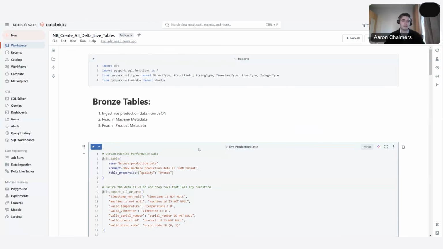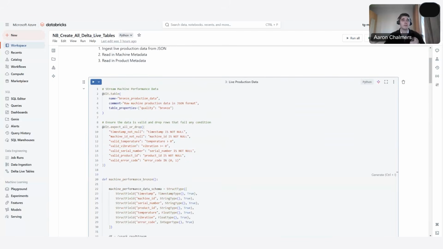Delta Live tables are created using the same normal Databricks interface. And here we have a notebook which I've used to create these Delta Live tables. In the background, I'm currently running a script to create synthetic manufacturing data. And here I'm ingesting that data live. Here we can see using dlt.table, I'm defining my table, bronze production data, giving it a name, a comment, and